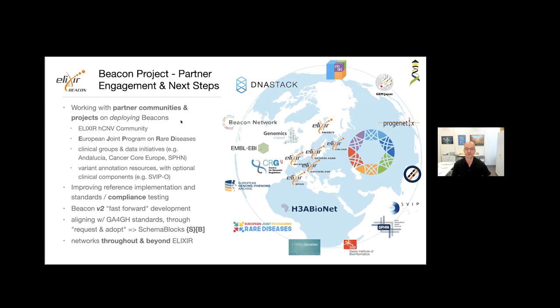However, how can this be extended further? The important part is to engage many different stakeholders and partner communities which already deploy, or which are targets for deploying, Beacon. Here is a map showing the logos of many of these institutions like EBI, EJPRD, SIB, SPHN nodes, the Human Copy Number Variation Project, GEM Japan, CRG, Genomics England, and many others.